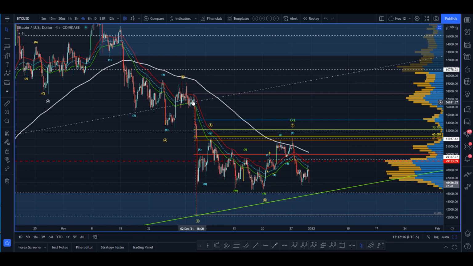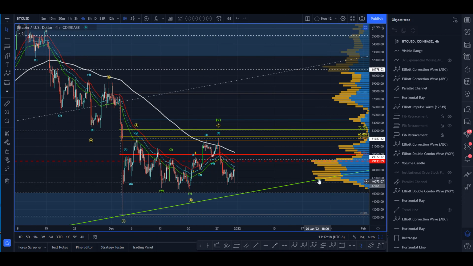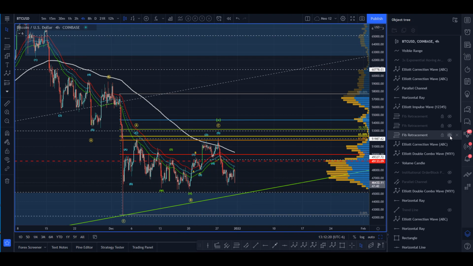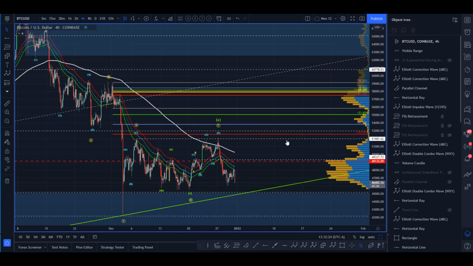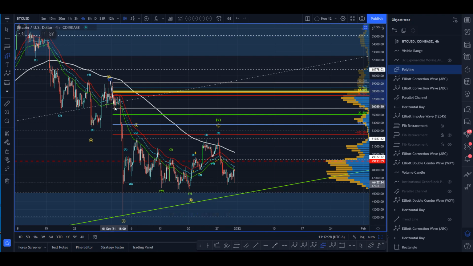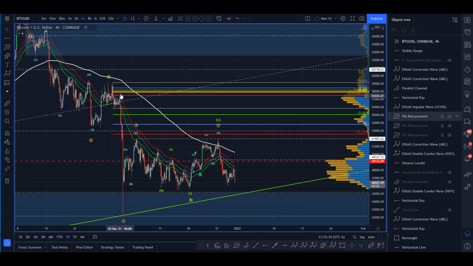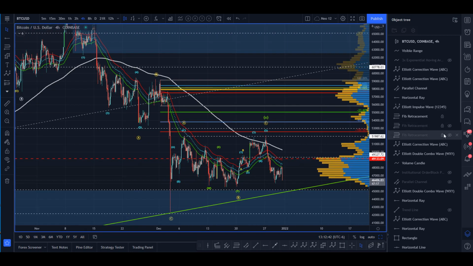Now, I'm out here on a 4-hour, so this is going to look small, but if we were down on a 30-minute, you'd see this a little bit better. Let me take that off and show you why I'm using that one. So here, do you see it? It's swing, retrace. Here we get in between the 50 and the 618, and then we get the free fall. So we know that this was a pivot the algorithm used. That's why I'm using that pivot, because they used it. Now, if you carry that forward,